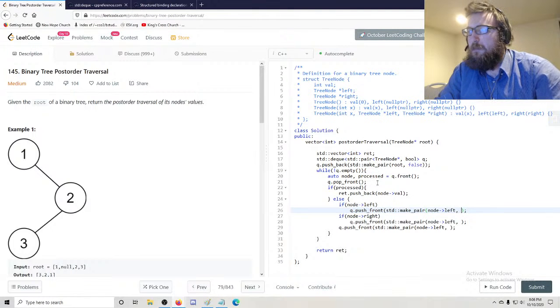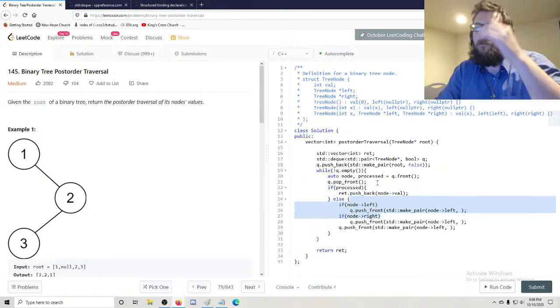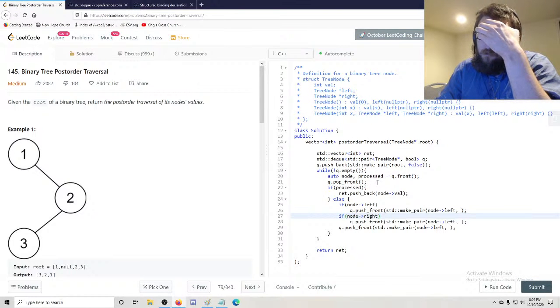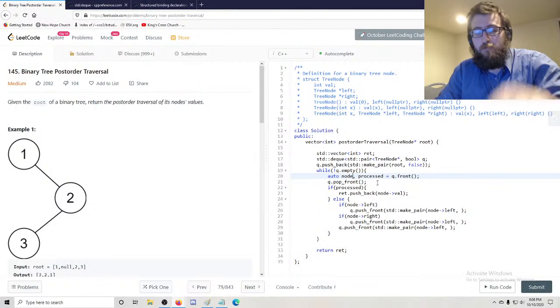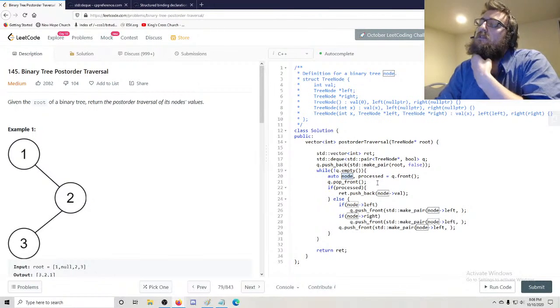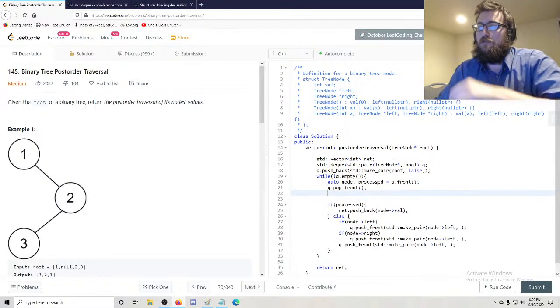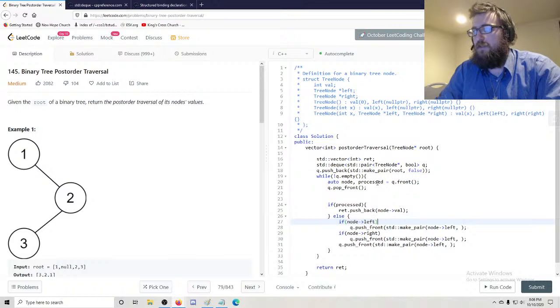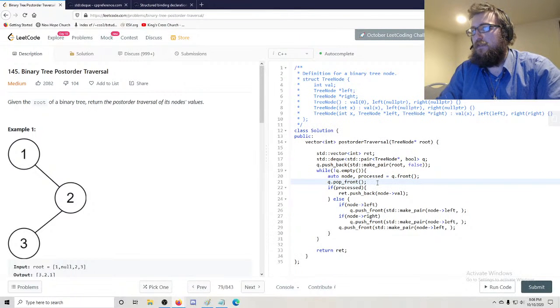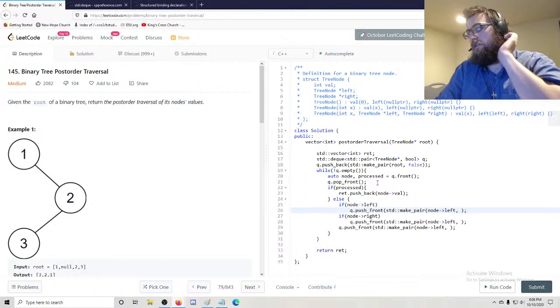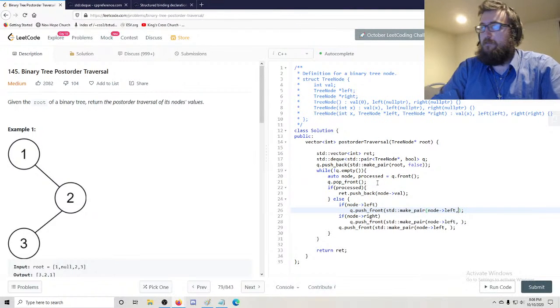I mean, I was thinking maybe there's a way that I could include this, like with a breadth first search. You know, this is sort of something you would do on all of each of the node paths. I guess you would sort of do the same thing, but I'm wondering if I could put the, like, if the node is null, then we would just continue, instead of doing the checks here. But I don't mind doing the checks here. I think it's okay. It's a little bit of duplicate code, I guess. I think it's fine. So node left, processed false,